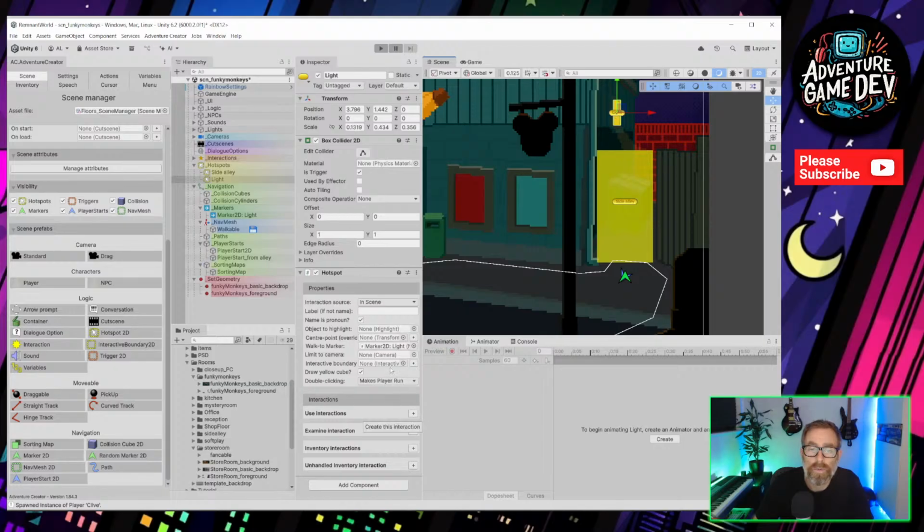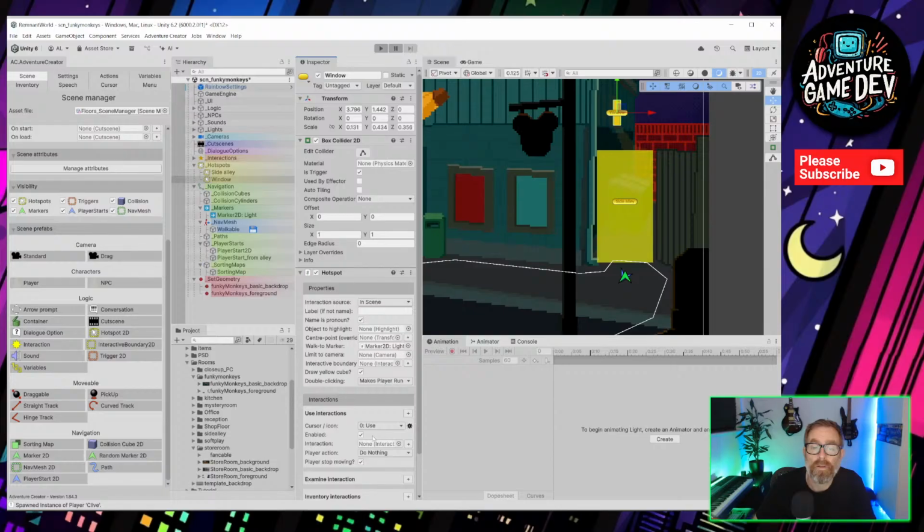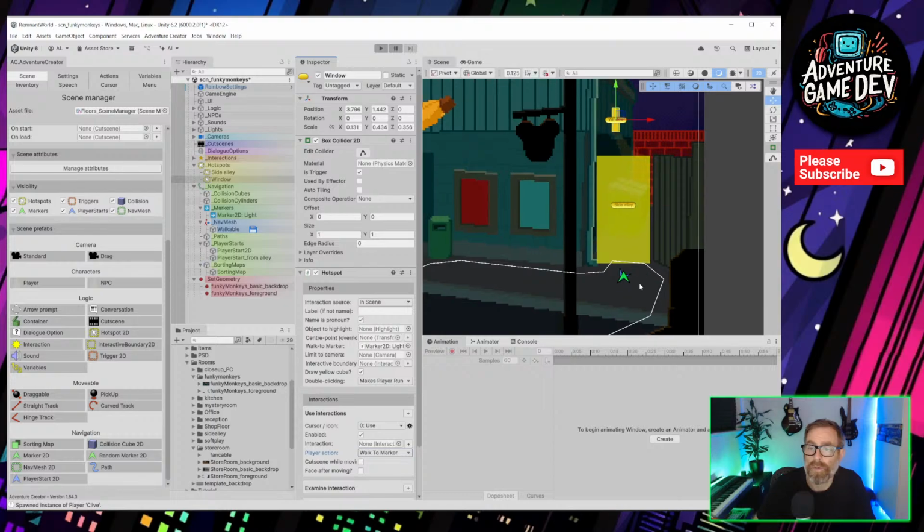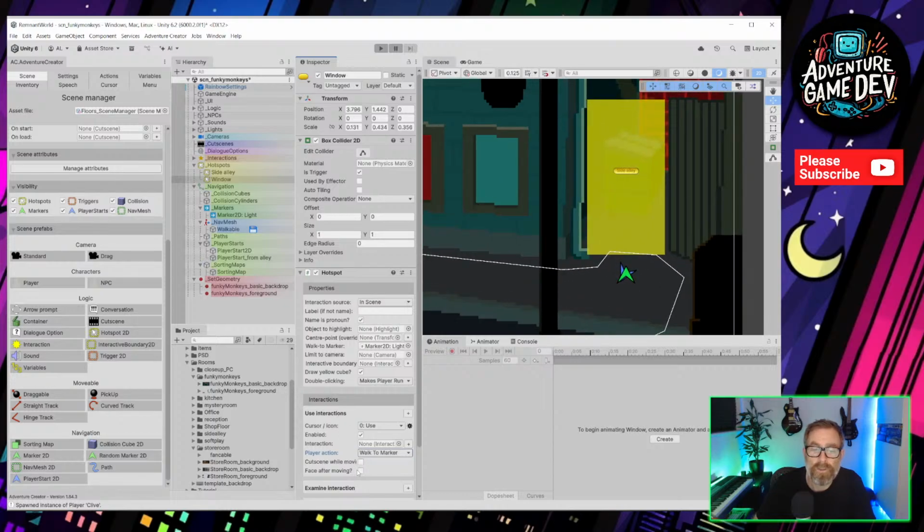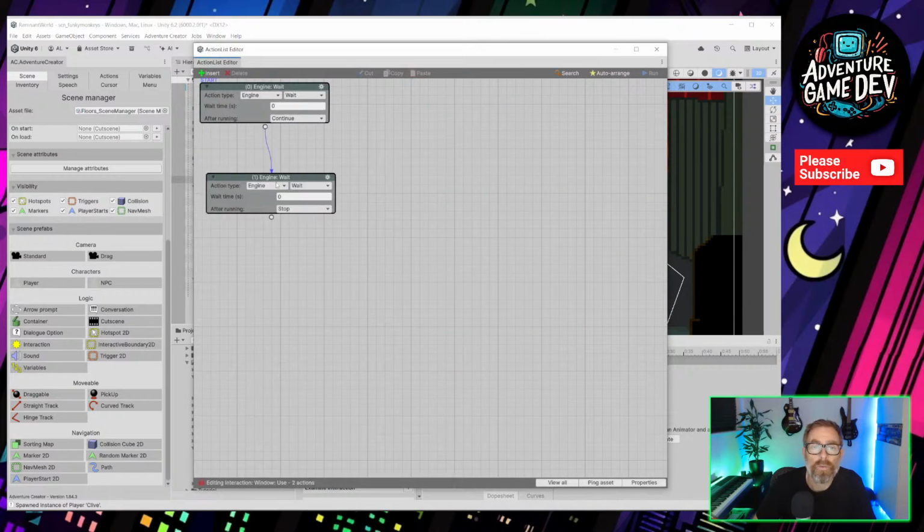Let's put use interaction. Actually, I'm going to call it window. I won't know what it means when I come back to this. So create use interaction. Player should walk to the marker, and we've already set the marker as that one. Should face after moving to there. And then just a bit of dialogue.